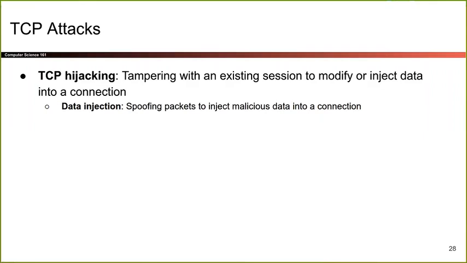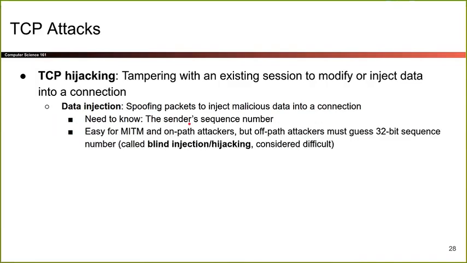The different things you can do while you're hijacking a connection are you can inject data. So I add extra information that used to not be there, but I'm putting it inside the connection. Notice that if I'm doing this, I have to know the sequence numbers, right? Because I need to provide a packet with the correct sequence number in order for it to be accepted. If I'm the attacker and I put in some data with the wrong sequence number or no sequence number at all, the recipient will be like, wait a minute, I don't understand where this is or what order this should be received in. So it's going to reject the packet. So when you're injecting data as an attacker, you need to know the correct sequence numbers.